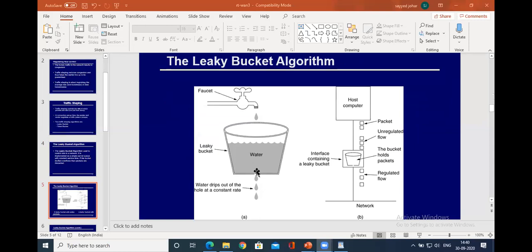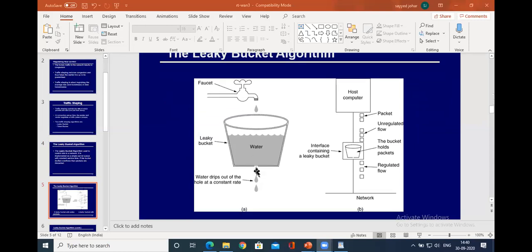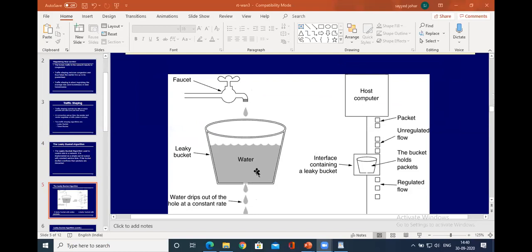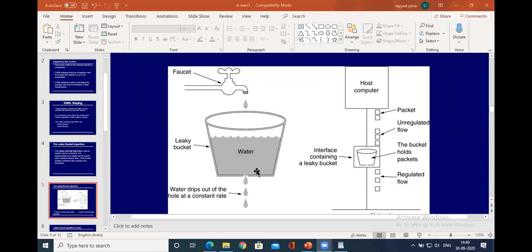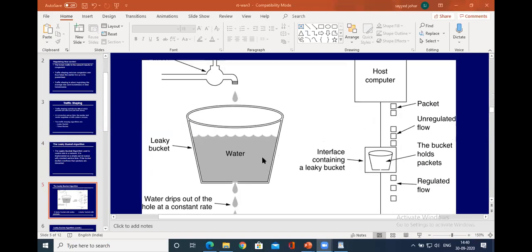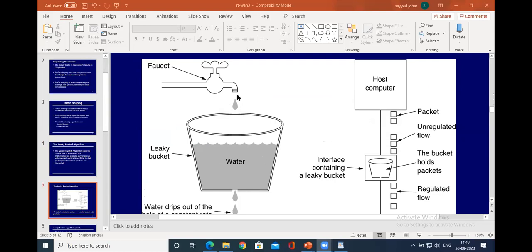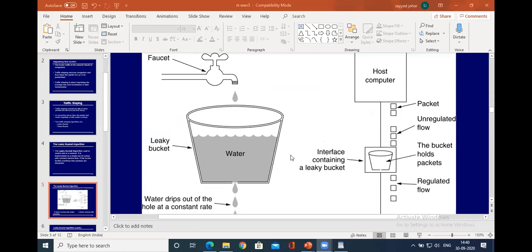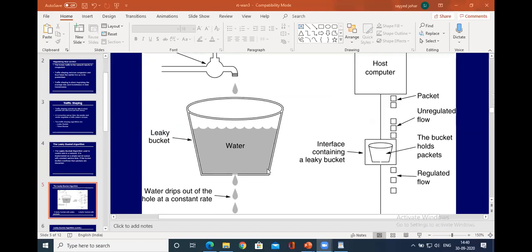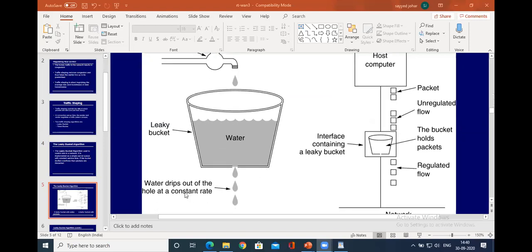Here is a diagrammatic representation of a leaky bucket. All of you could see here, we have a bucket and we have a capacity of this particular bucket. Water drips out of the hole at a constant rate.